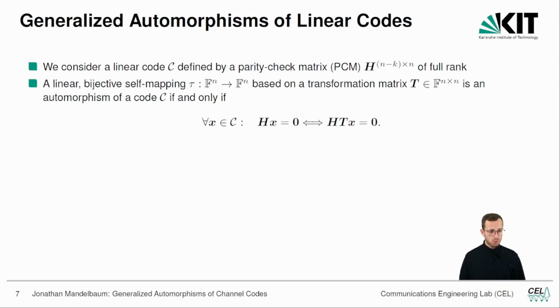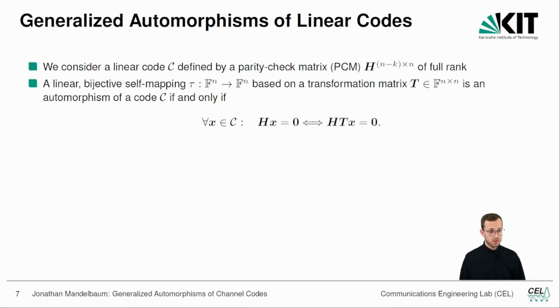And now our approach is as follows. We start by considering a linear bijective self-mapping tau from Fn to Fn, therefore on a larger vector space, and later we are going to restrict it to be a self-mapping on our code space. A linear bijective self-mapping tau can be represented by a transformation matrix T, which is in this case regular or non-singular,